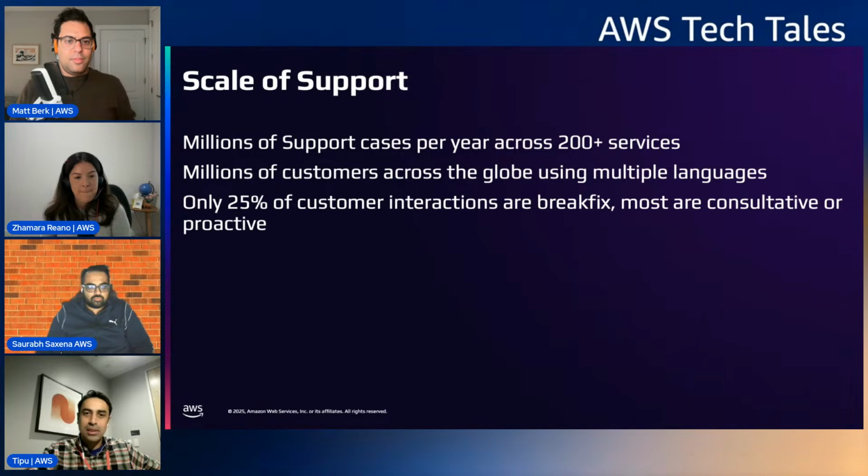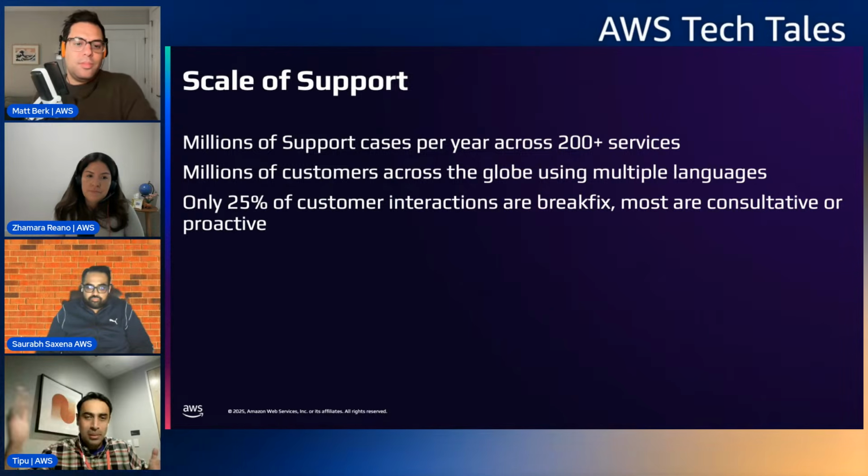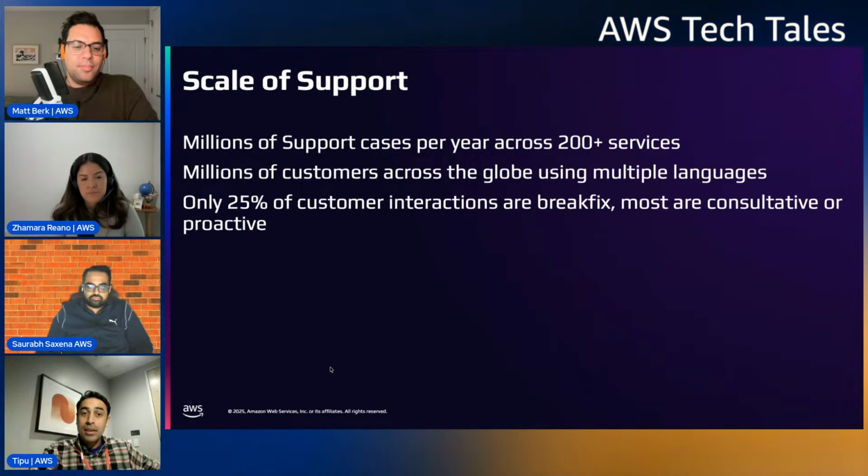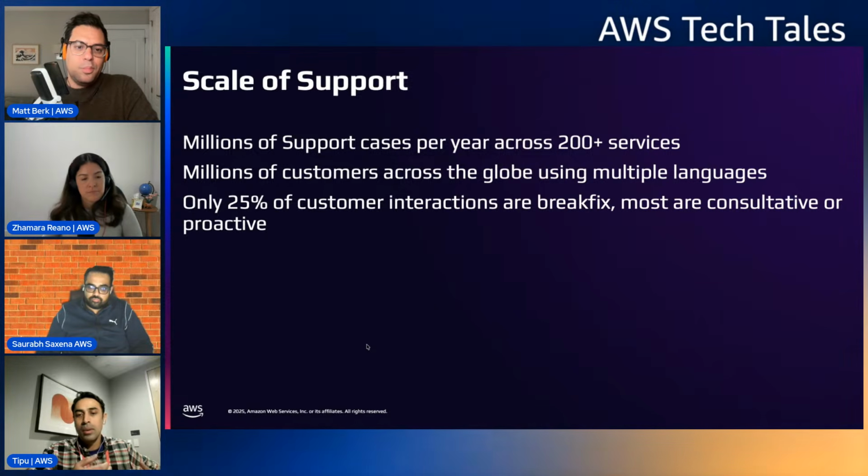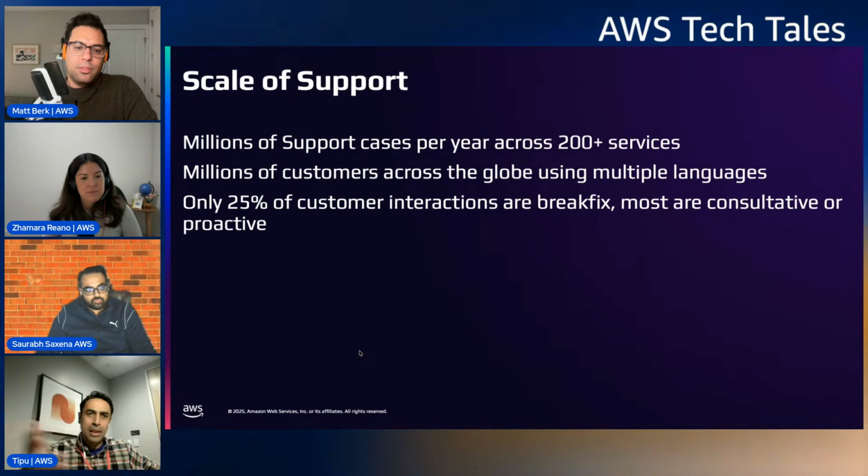However, this required certain systems of scale to cope with, both human systems and different software and AI systems, as Saurabh was alluding to. So currently, we get millions of support cases a year across the many hundreds of services that we have, and across the third parties that we support. The interesting call out though is that so many of these cases are not about active open issues that need to be solved ASAP. It's actually more consultative about building on AWS the right way, or about how to do something with the best possible outcome. So I'll talk a little bit now about what it actually takes in terms of AI.